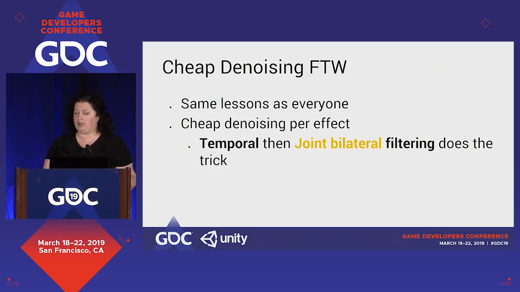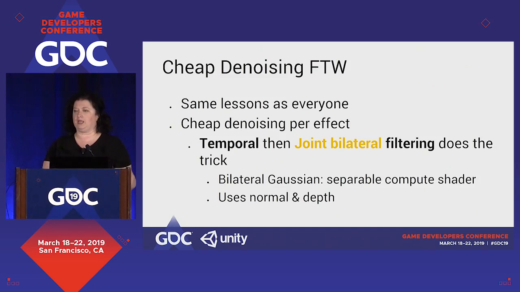We use a joint bilateral filter throughout, and in this case, it's using normal and depth as opposed to the luminance that you'd see with a bilateral filter. It's a nice and inexpensive filter implemented as a separate compute shader, and normals and depth allow us to sort out the discontinuity issues. As I said, we output them either through the gbuffer or prepass, and so that allows us to take advantage of opaque and forward materials.